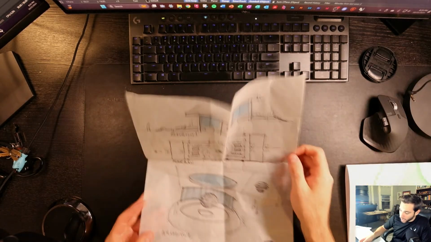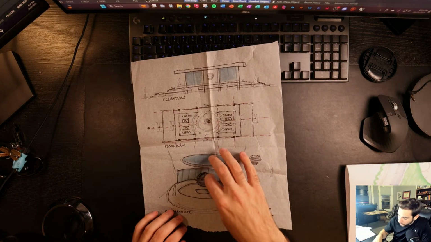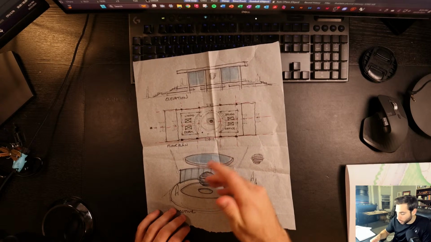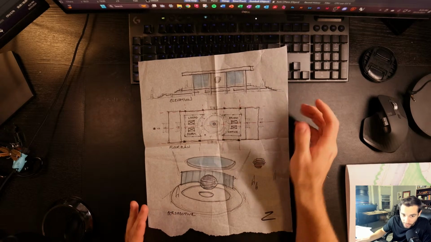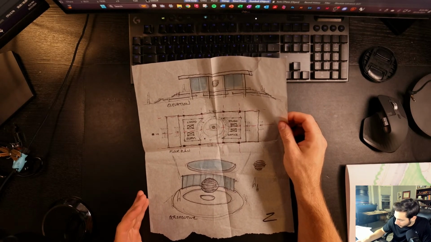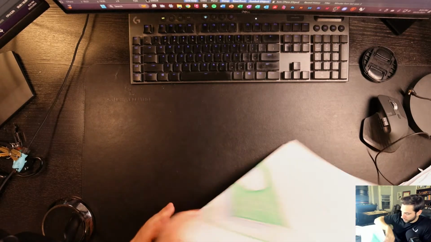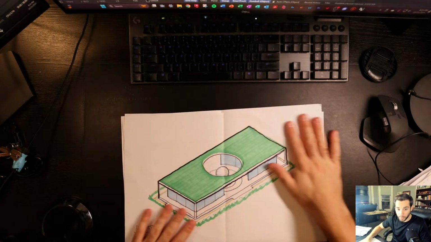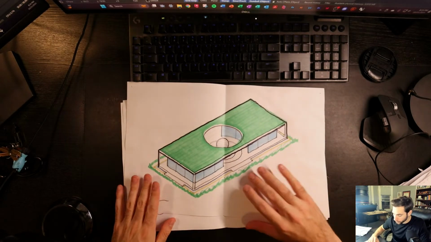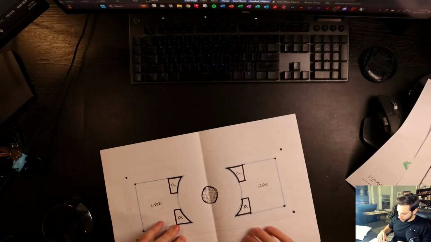Oh, here's another thing. I had this whole idea where there'd be this orb in the middle, like a gazing ball sculpture, and you'd walk around it. I just love this design so much. I thought it was so cool looking. And then I had another idea. Here's a perspective of it. I was going to do a green roof. This is kind of what I presented today, and I've got 2 floor plans to show you.